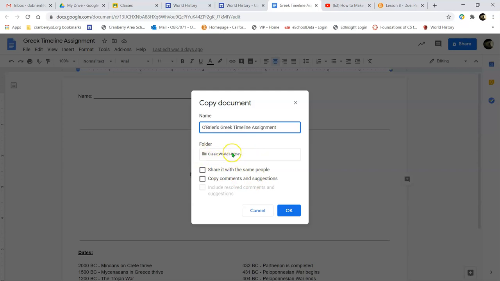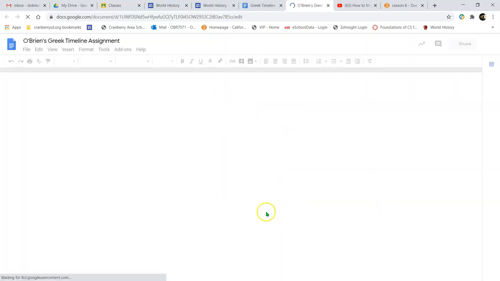So make sure that you select the correct place that you want to save it in. Perhaps creating a folder called World History or something like that. And then making sure that you share it with me after it's completed, but we can do that a little bit later. So we click OK, and it's creating that new